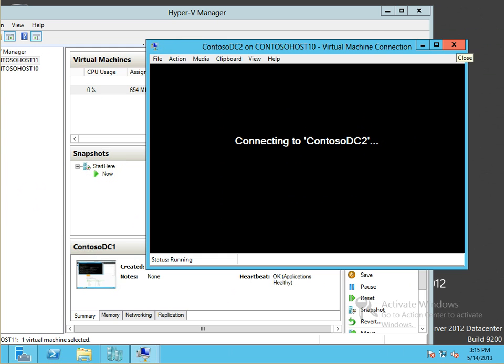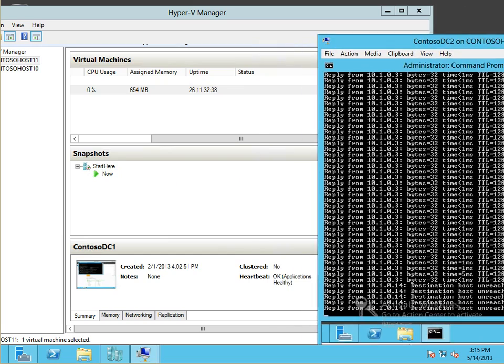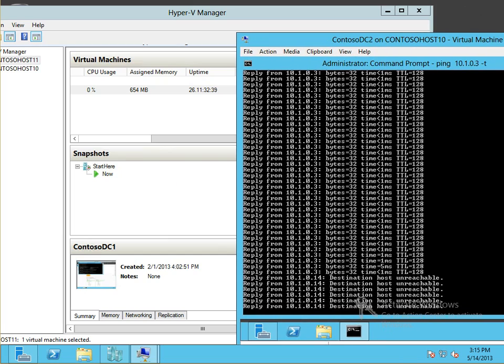Eventually it will pick it up again, but I don't want to actually... Oh, there it goes. Oh, that's really funny. We actually didn't lose the ability to ping until the exact moment that we moved over